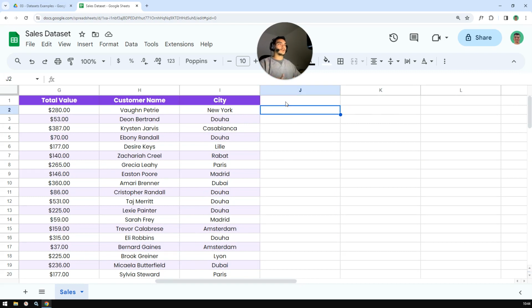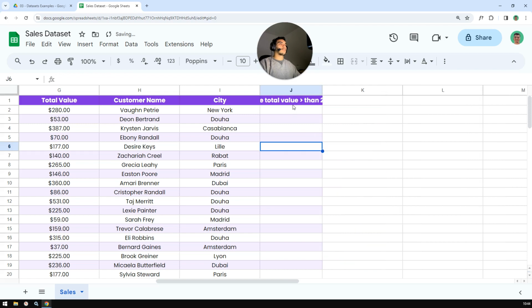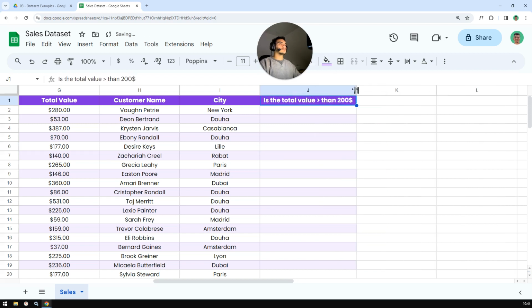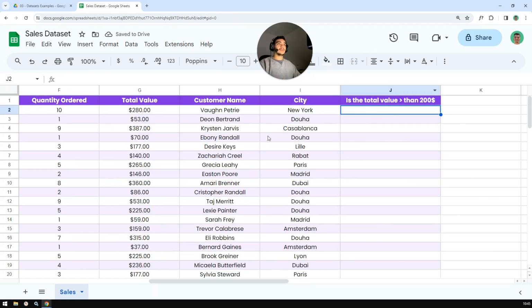Okay, so in order to do that, let's first of all print this question here. Is the total value superior than $200? Okay, perfect. Now, if we want to test if the total value, which is this value, is superior or not than $200, we will obviously use the IF function to do that. So in order to do it,